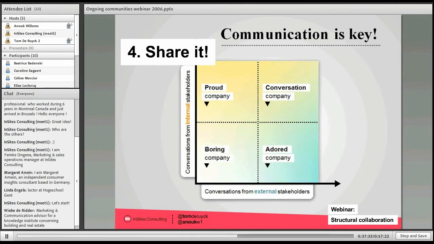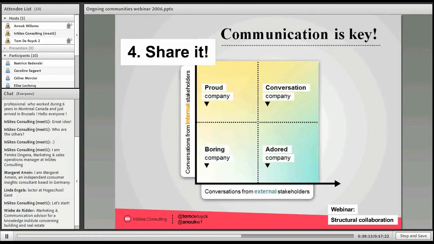So, what I will do in the next couple of slides is dive into how we can generate that internal impact, how we can make sure that research results are used, and how we can also have external impact and make sure that there are also marketing leverage effects to what we do in the community. First, I will go over how to create internal impact with your research results. And at InSites, we believe that if you want to communicate research results in a very impactful way, you should follow a three-step procedure. Engage, inspire, and activate.